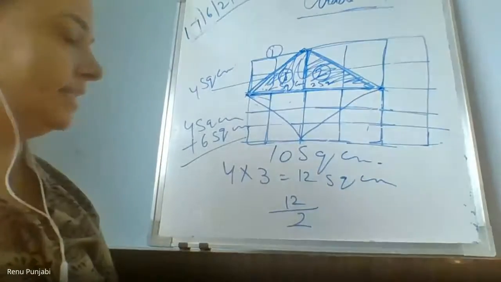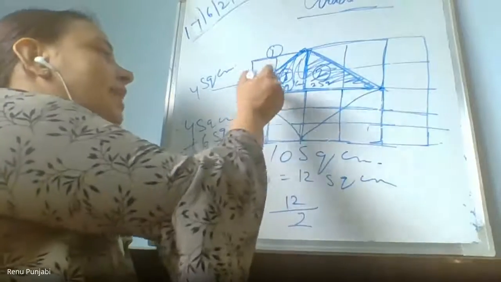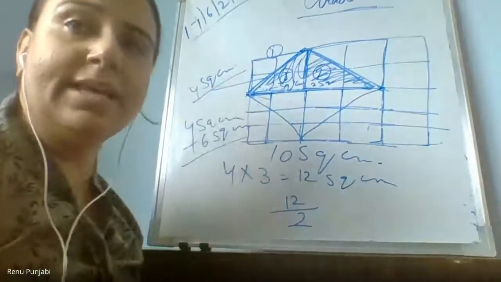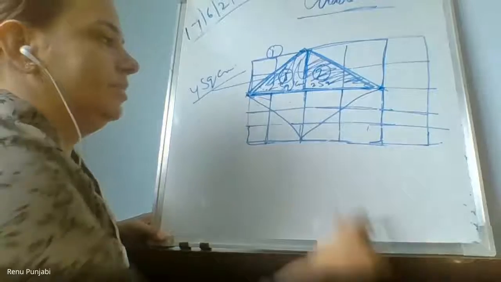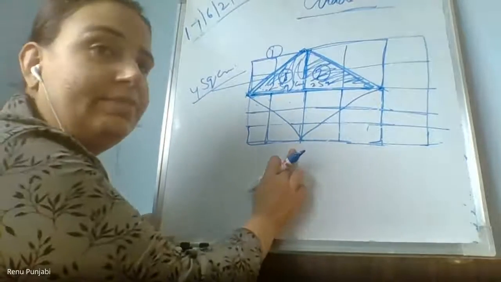Can you see that? This is the way on the next slide. But the upper way is same. This part is same. So the area of this triangle will be the same, 4 squares. And we know because the downward triangle is taking from up four squares. Now wait a minute. This 4 square is same because there is no change. Only they have changed the triangle which is down.